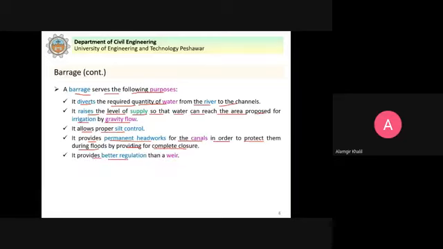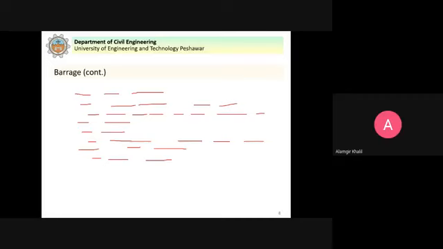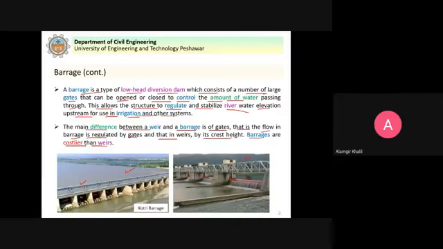Similarly, it provides better regulation than a weir. As we saw in the previous slide, in case of barrage we have these gates where the ponding is done. By opening and closing these gates we can have better control over the water.